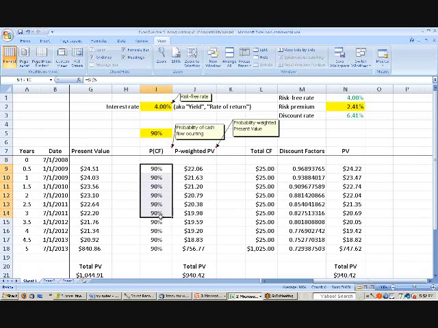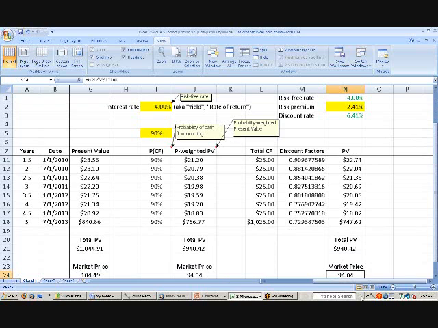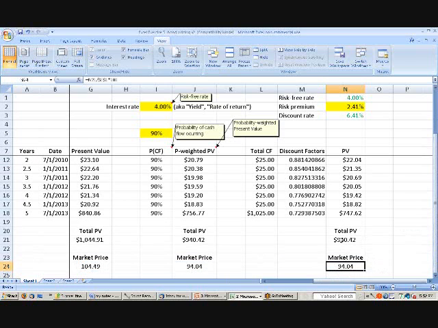Because all this information, the probability of each cash flow occurring, is not really accessible in the market. The way that an investor or a trader looks at it is they're going to take a given bond that they're interested in, and look at what's the market price of that bond. So let's say it's 94.04. Then they're going to say, okay, that means that for every $1,000 of bond, the bond has a present value of